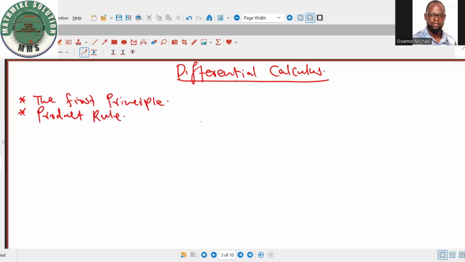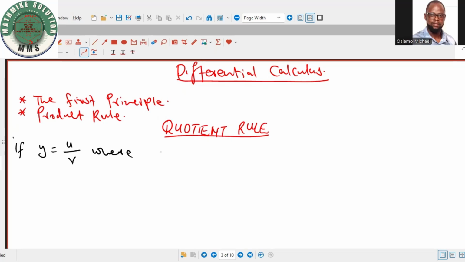So today we want to look at what we call the quotient rule. And what is the meaning of quotient? So let us look at the quotient rule. Quotient simply means division. And so therefore, the quotient rule states that if y is equal to u over v,